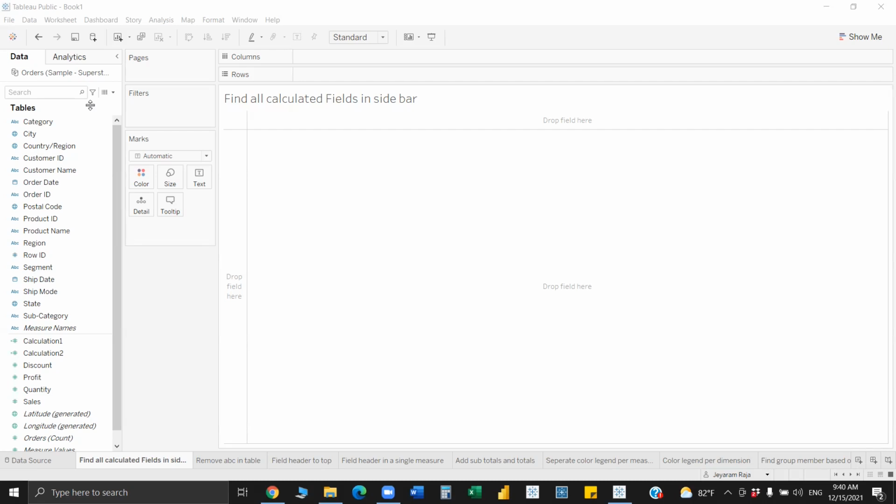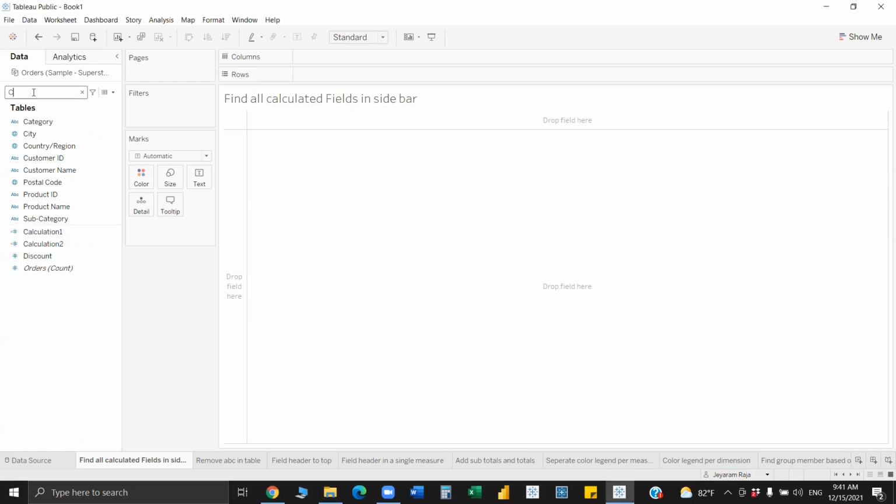Basically, when we try to achieve something really hard, we tend to make so many calculated fields and we may not follow the naming convention at those times. Later we will try to search for the calculated field across the rows and columns. Here, since we have a limited number of columns, it doesn't matter, but when we have a large volume of data, then it matters. So to do that, we can just use this, and we'll be able to filter only the calculated fields.